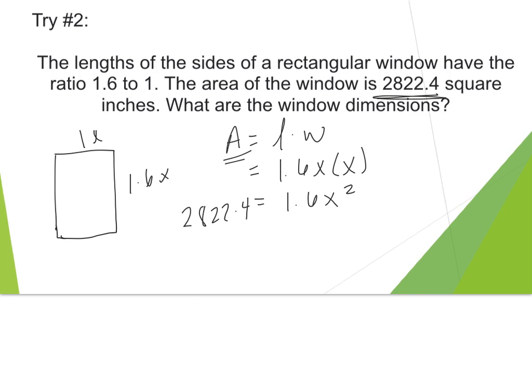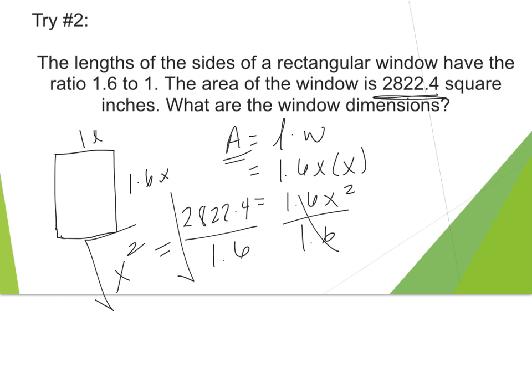So to get x by itself, we would divide by 1.6 on both sides. And this would then equal x squared. Finally, we would take the square root of both sides. And x would be,